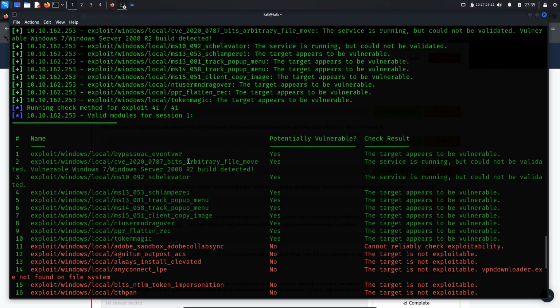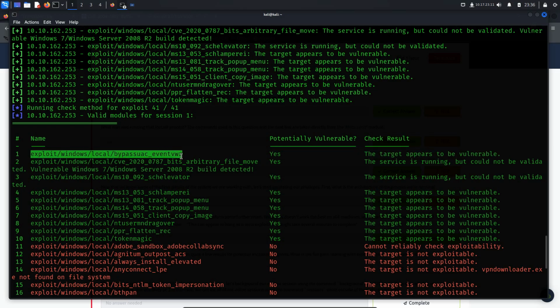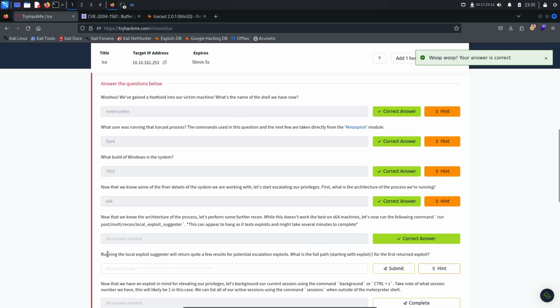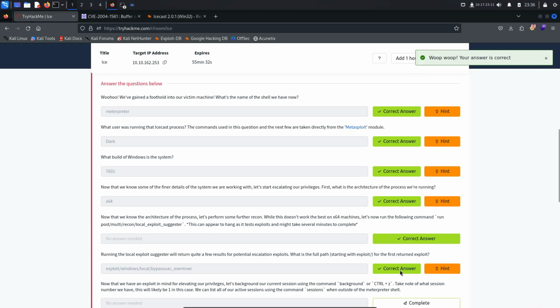From the results, we have to select an appropriate exploit that could provide full access. For this walkthrough, we will choose the first exploit. Here, it is asking, what is the full path for the first returned exploit? The path for the first exploit is exploit/windows/local/bypass_uac_eventvwr. Once you've identified the exploit to use, background the current session to proceed with the next